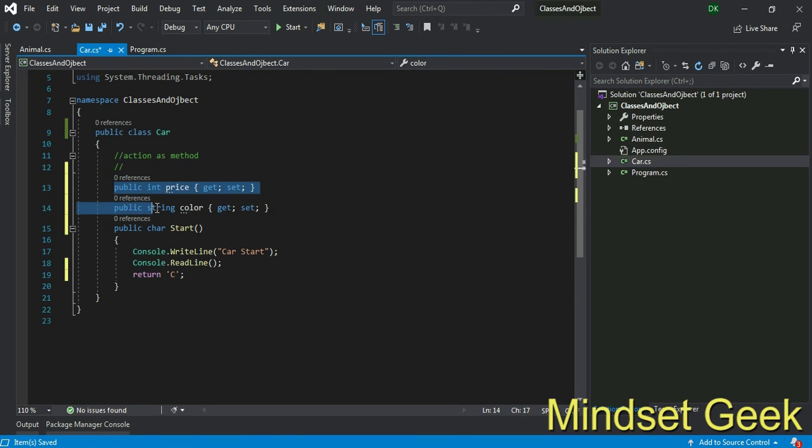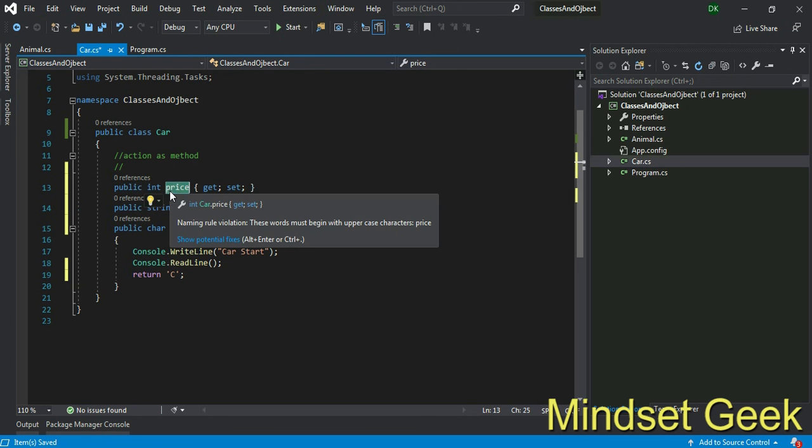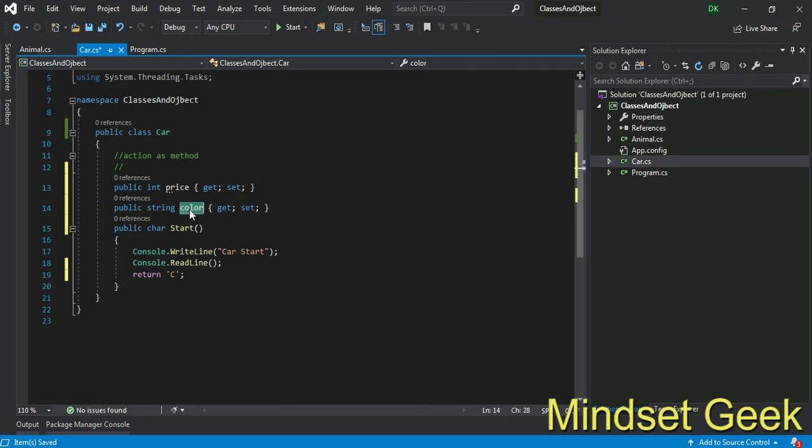That's why I say two types of things. First thing, properties like price, color, these are the properties, right? So actions we keep as methods, right? Then get the idea behind return type, right? Okay, that's the thing I want to explain.